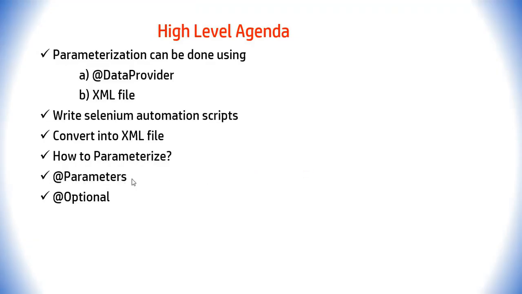Till this annotation parameters we have discussed how to convert your Selenium program to the XML file, how to pass parameters by using the XML file, and how to fetch the particular value from the XML file in the tests. The final attribute is annotation optional. This optional is nothing but,